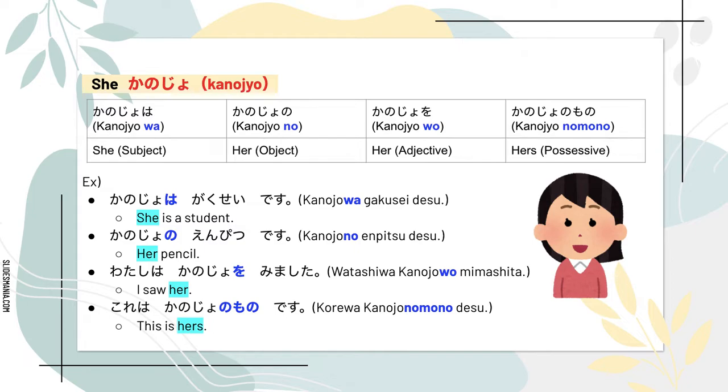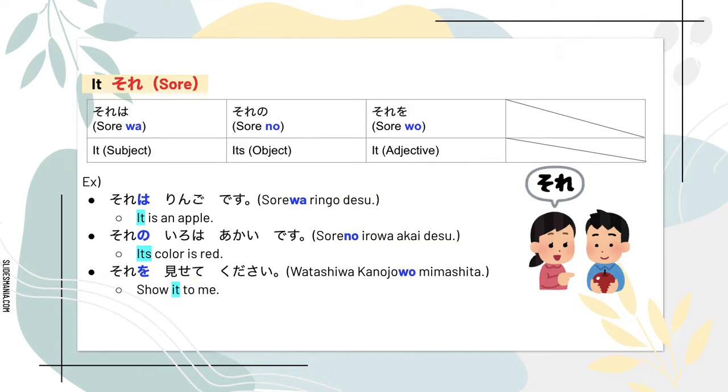The third example is the sentence for adjective. I saw her. Her is 彼女を in Japanese. So the example is going to be 私は彼女を見ました。The last one is the example for possessive sentence. This is hers. Hers in Japanese is 彼女のもの. So the sentence will be これは彼女のものです。